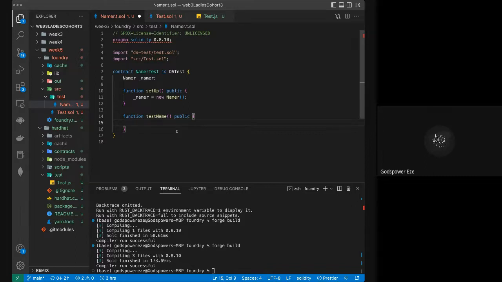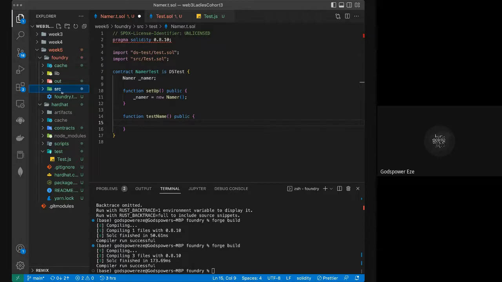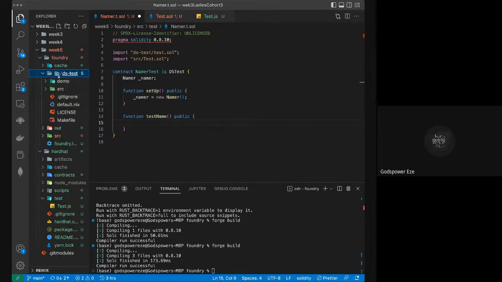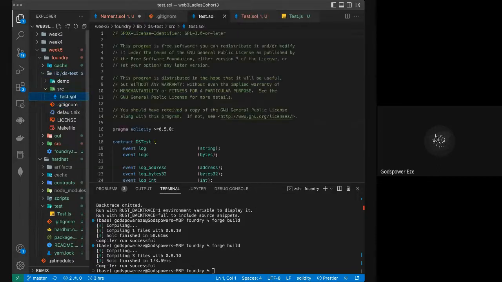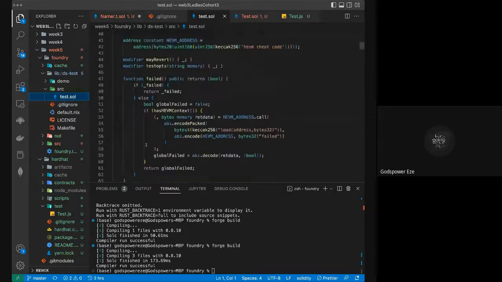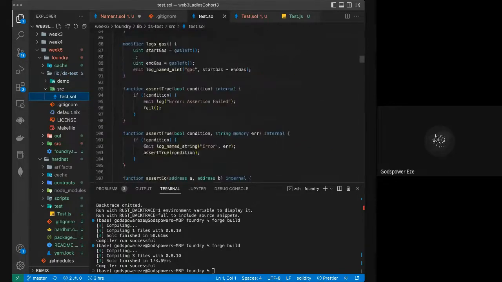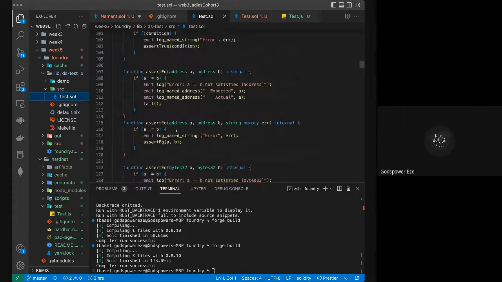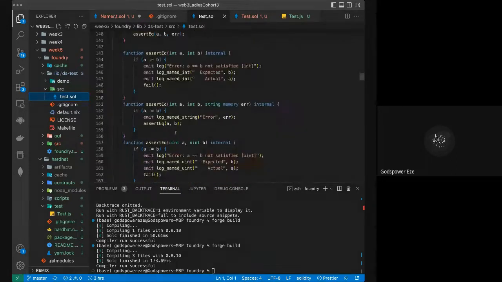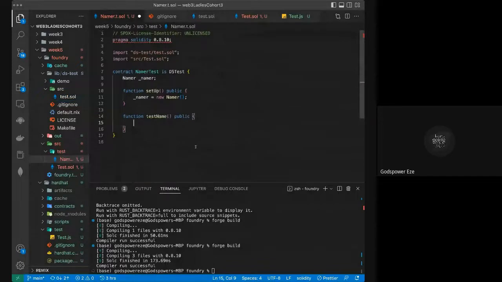So let me come into this folder that they gave us and look for something that will serve us. Where will I find this now? Okay, lib. Yes, inside of lib, source, so you have test. Let me see, if I want to compare two strings, assertEq, but for string. Let me see. Okay, don't worry. So basically, if I want to do this assertEq, I want to say assert that